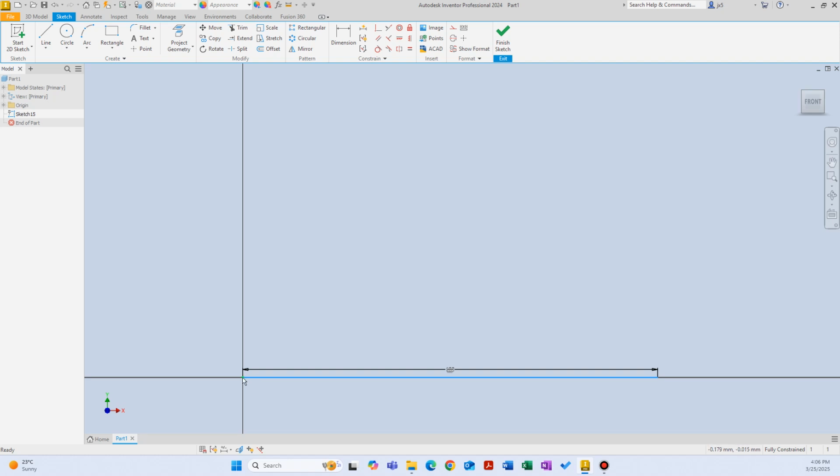Because I started from the origin point, I assigned a length, and since it's horizontal, I didn't have to assign an angle. Now it is fully constrained. Notice that I created a line with only a few clicks. So let's say this is a 100 mm line, and we want to create another line, from the end point